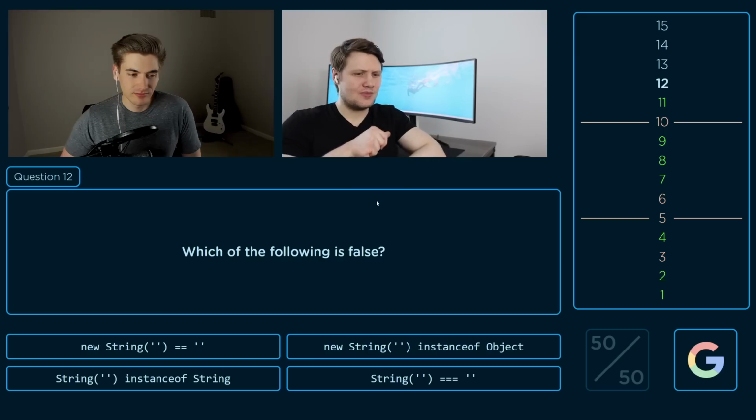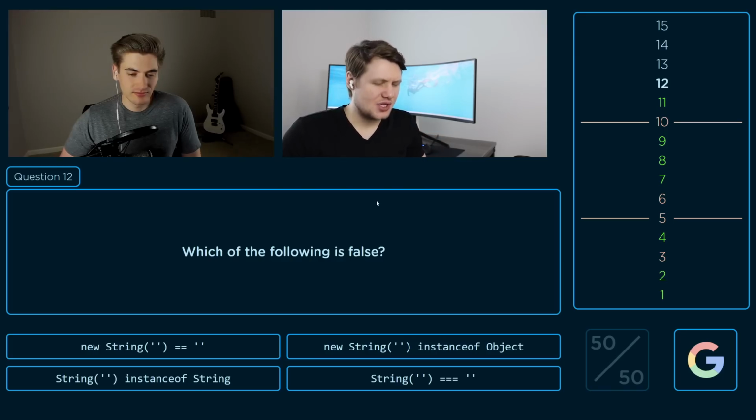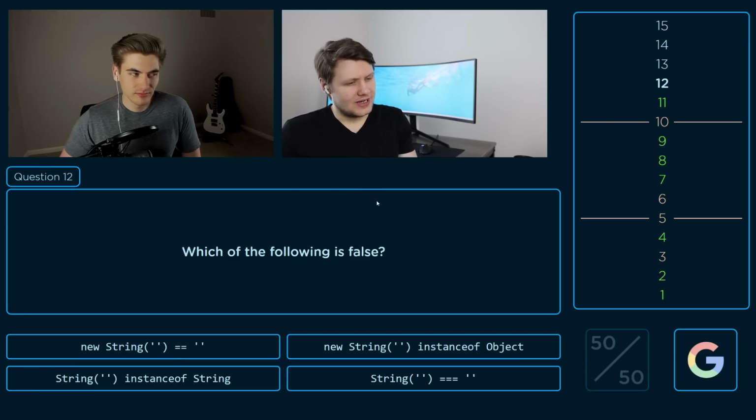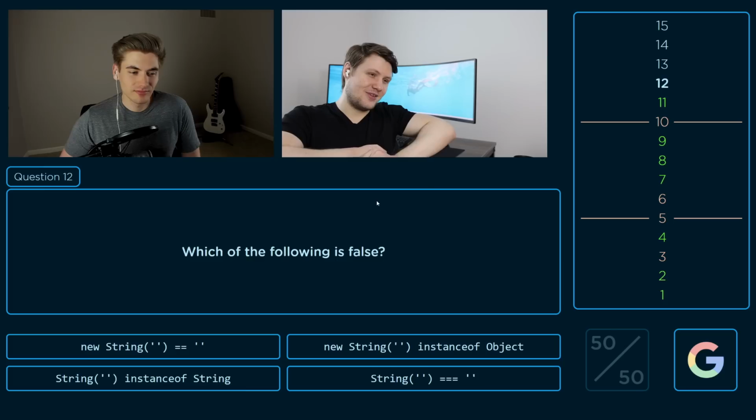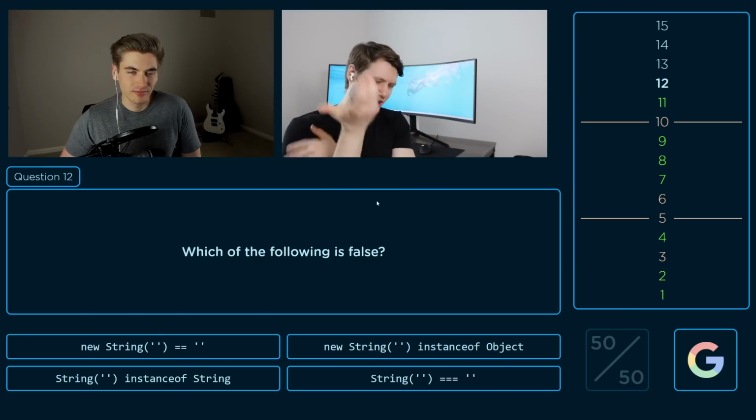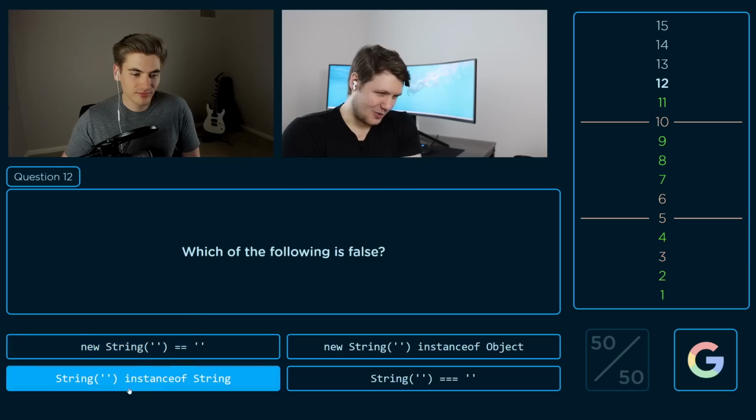My guess is that the one that's false should actually be C, because you're not using the new keyword. So string of two, without using the new keyword on string, what are you even doing there? You're checking the function constructor or whatever. So I'm going to go with question 3, the bottom left corner. This one? Because if you're not using the new keyword,